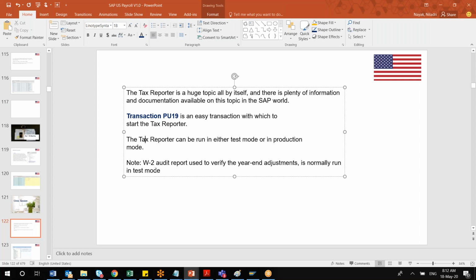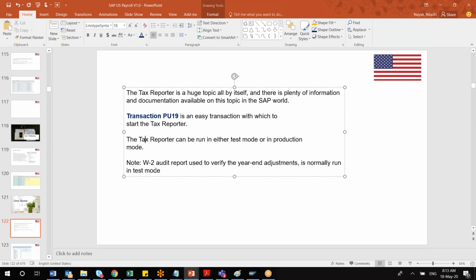I will definitely show you. Yesterday, luckily, I received that SAP GUI access, and yesterday I was just trying to execute this. But today I'll be showing you in the system itself how this transaction looks and what the different opportunities there are. In this transaction, I will be taking you through a couple of major, most frequently used reports, so that we'll be seeing in this transaction PU19. Okay. Yes.